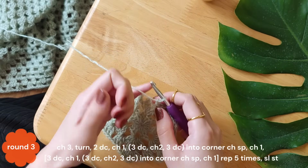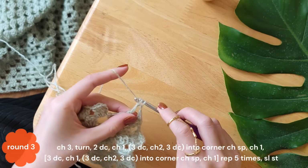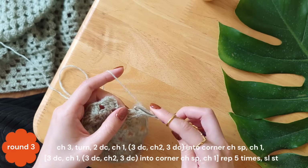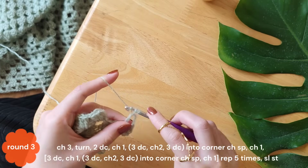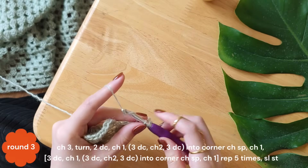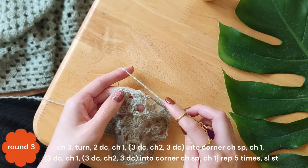And now let's crochet together the sixth, last corner, where I'm going to make 3 double crochets, 2 chains and 3 double crochets into the same chain space. So right here I'm finishing making my first cluster, and then I'm making chain 2 and I'm making the second cluster. And next I'm going to make chain 1, and I'm going to find the first cluster that I've made